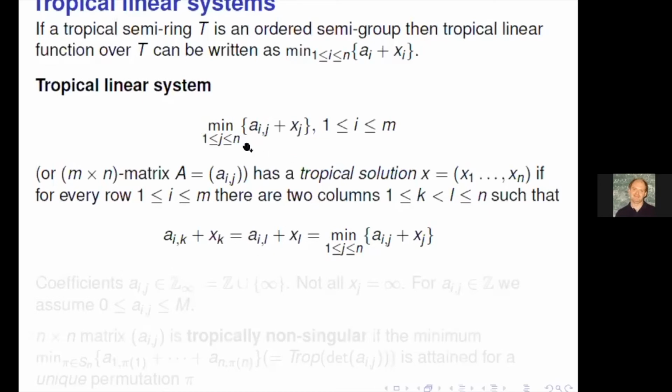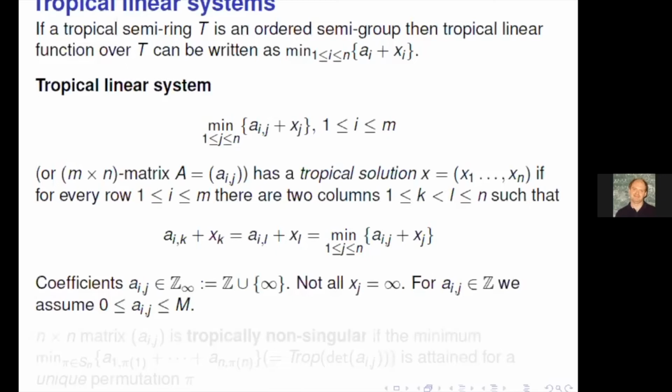So for at least two terms in the minimum. Okay, so this is just the definition and the application for the tropical linear systems. Their study is the subject of tropical linear algebra, and it is much more developed than the general tropical mathematics. And so we'll assume that the coefficients would be